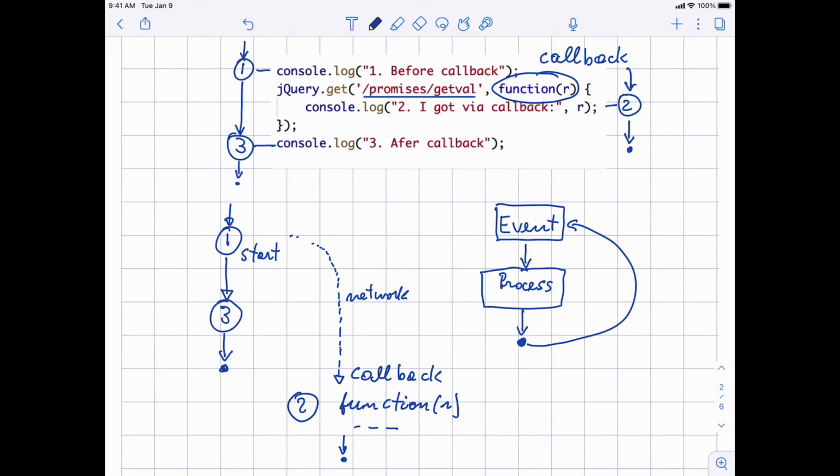So if we were giving timings to these instructions in some imaginary system, this could happen at time 0, then this would be very fast, at time 0.0012 seconds, perhaps, and this is step 2 instead could be at 0.63 seconds, because it took 63 hundredths of a second in order to get the reply from the network.